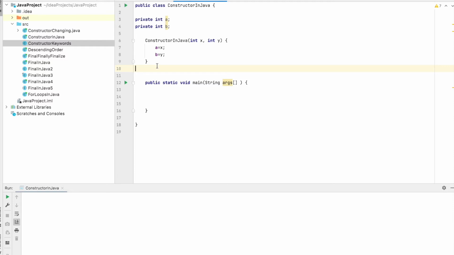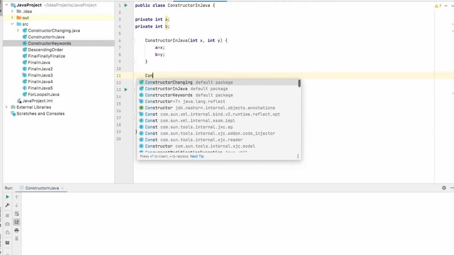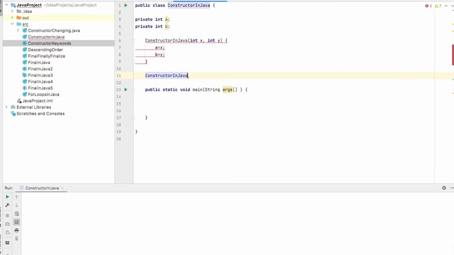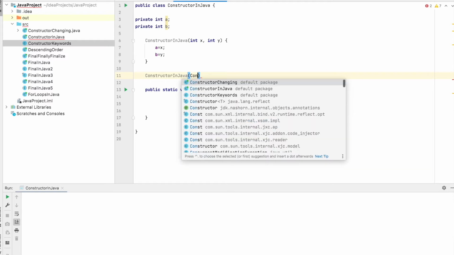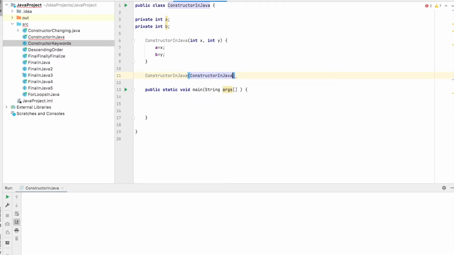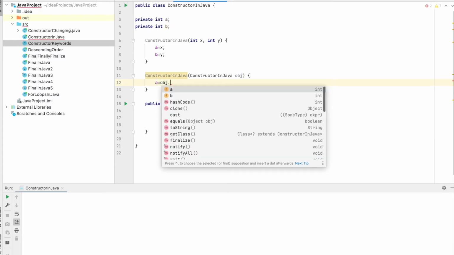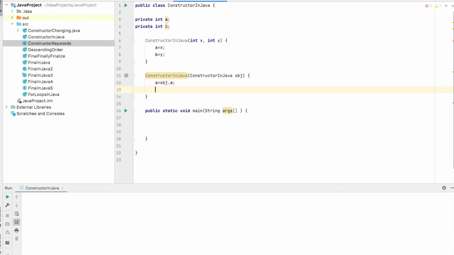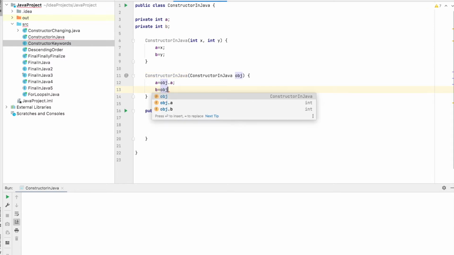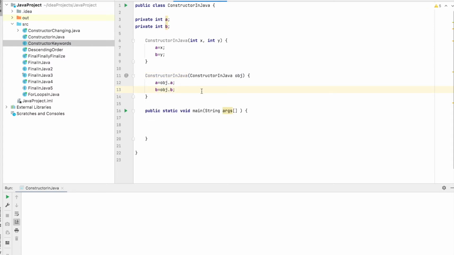Now let's create one more constructor. I will tell you why I did this. a equals obj.a, b equals obj.b.